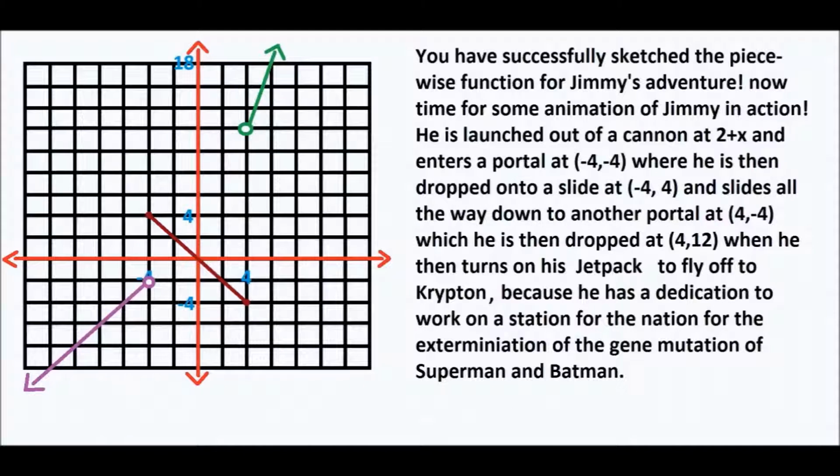Now time for some animation of Jimmy in action. He is launched out of a cannon at 2 plus x and enters a portal at negative 4, where he is then dropped onto a slide at negative 4, and slides all the way down to another portal at 4, which he is then dropped at 4, 12. When he then turns on his jetpack to fly off to Krypton because he has a dedication to work in a station for the nation for the extermination of the gene mutation of Superman and